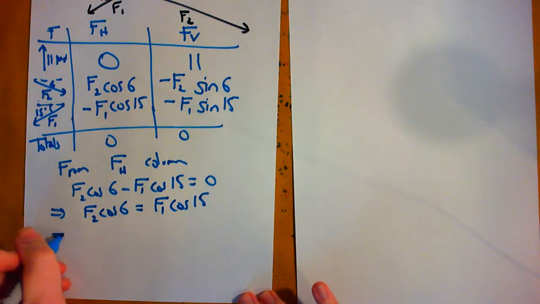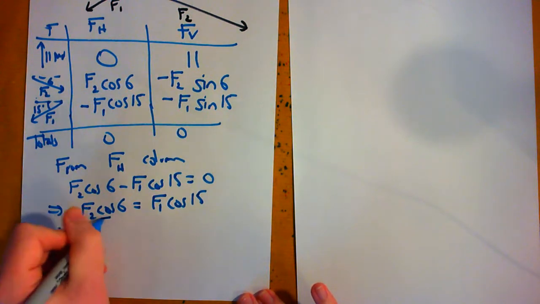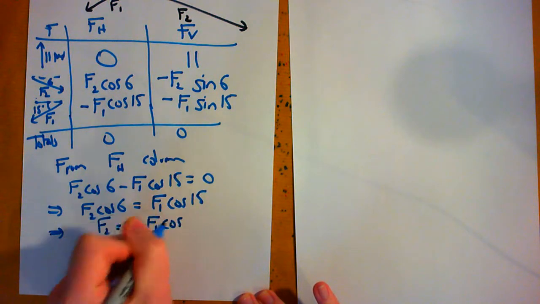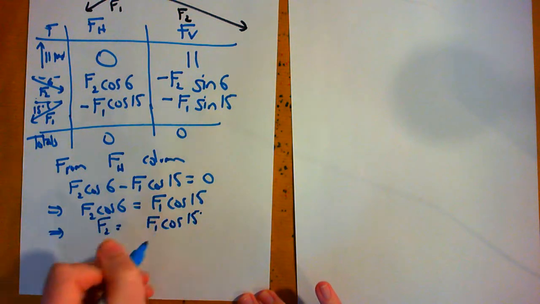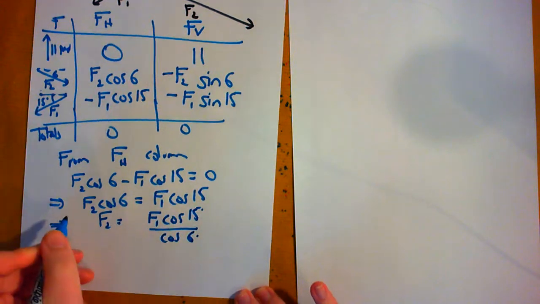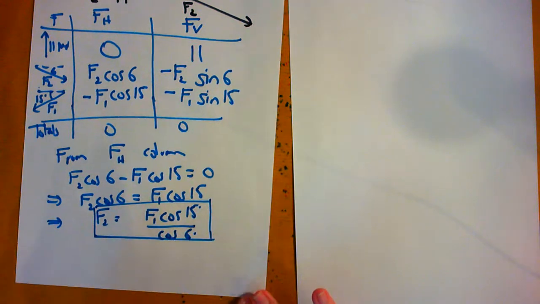So therefore we need to divide by cosine 6 degrees to get F2, which is F1 cosine of 15 degrees divided by cosine of 6 degrees. So that is an expression for F2, which we will need in a minute, but let's turn our attention to